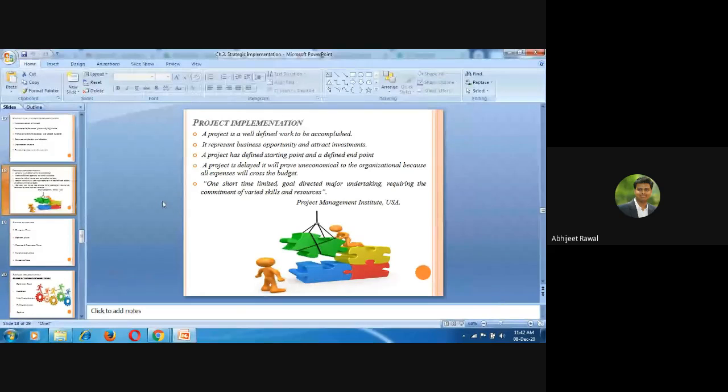Then it really has a starting point and it really has an end point. Okay, if a project is delayed, it will prove uneconomical to the organization because all expenses will cross the budget. The most important part: when the project begins and when the project will end. For example, in January 2021 हमने commitment किया कि हमारा project चालू होगा and by 2023 the project